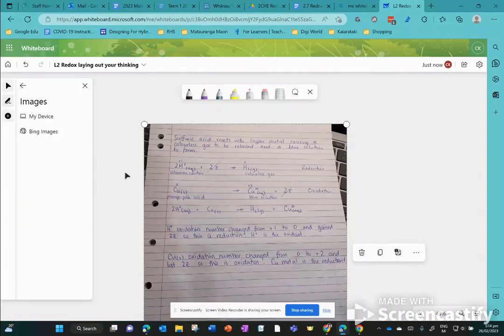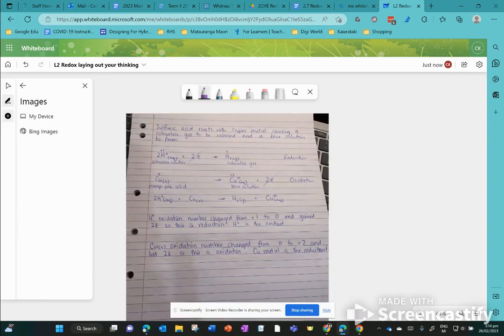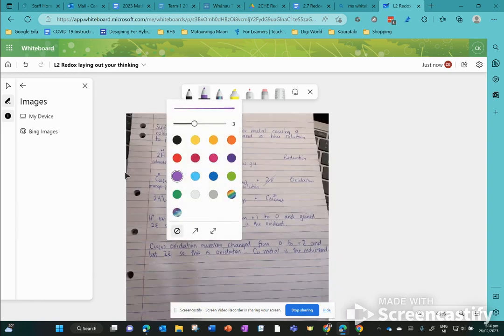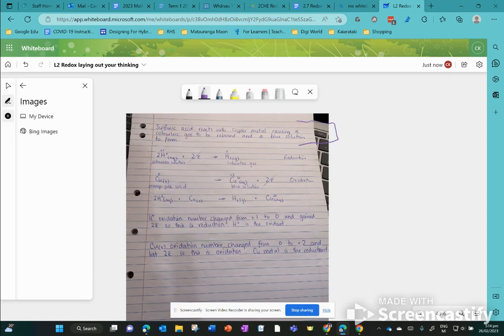I'm going to explain to you how to set up your refill page when you're doing a redox problem. This part at the top is usually given to you in the question, so you don't tend to have to write that out again, but I put it here just so that it was there for this problem. So you'll notice that I have one half equation here, the other half equation here, and